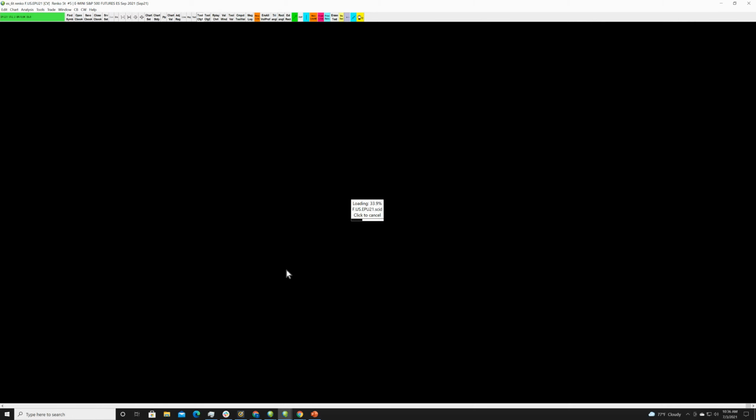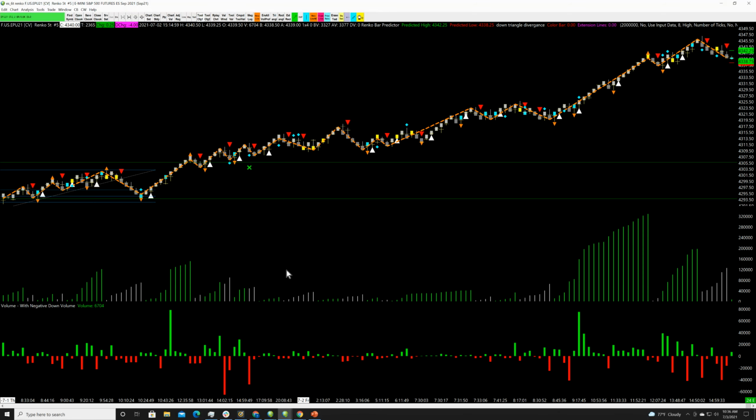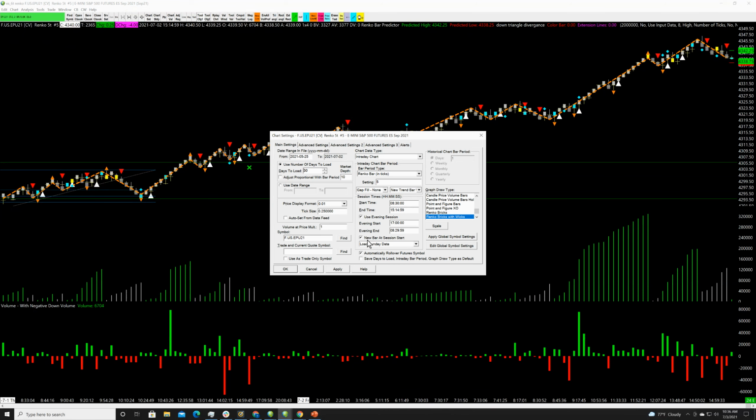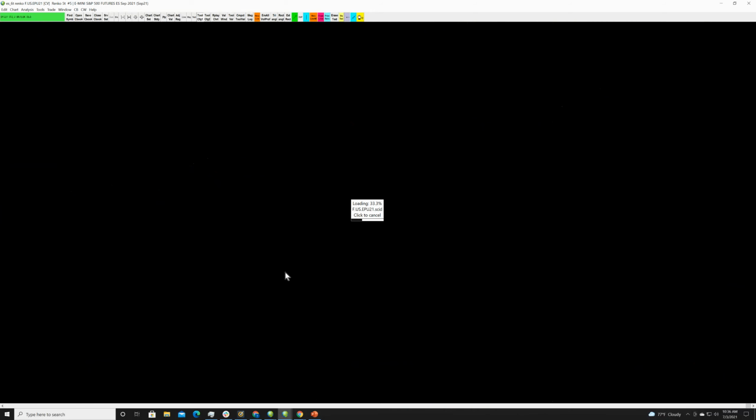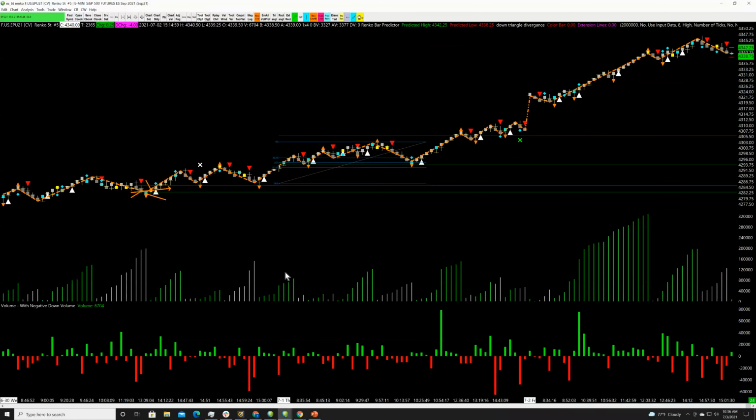And I struggle with zero rotation markets. Everyone has their sweet spot. I like volatility. That's my thing. So I don't sweat not having this work. So let's just kind of go through. Let's reset this to the day session only. It does work overnight. We're going to do this to the day session only. There we go.